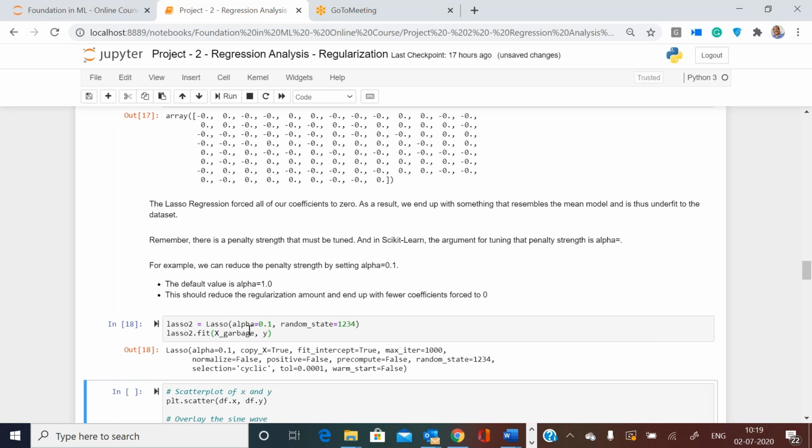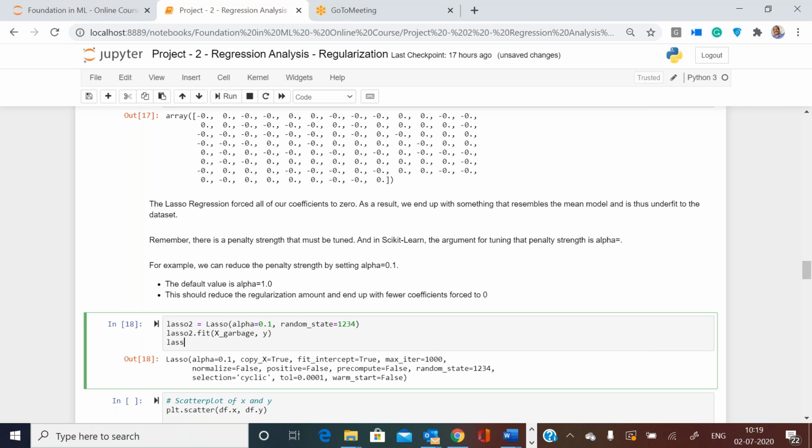I ran my lasso algorithm with the tunable strength changed. Lambda is not called lambda, it is called alpha. Alpha equal to 0.1, and I put the random state here and fitted it. It might have computed my lasso coefficients again.